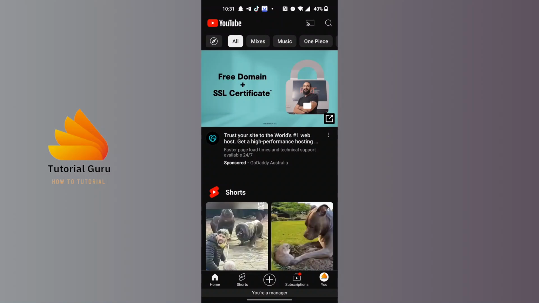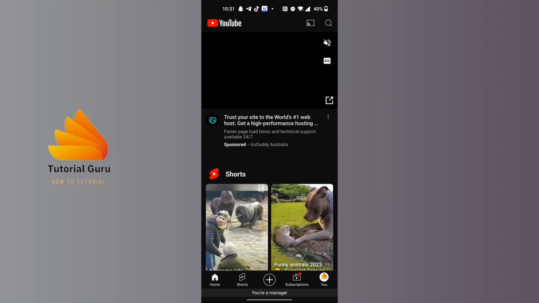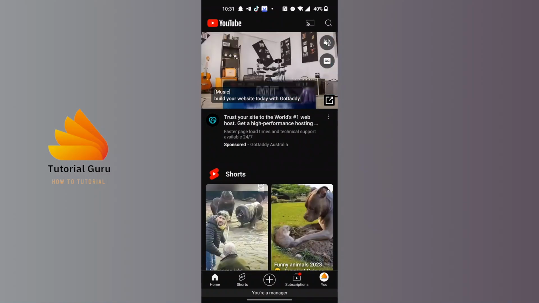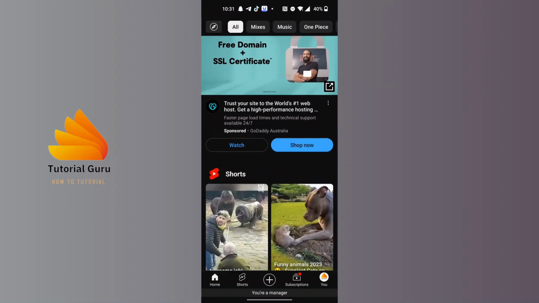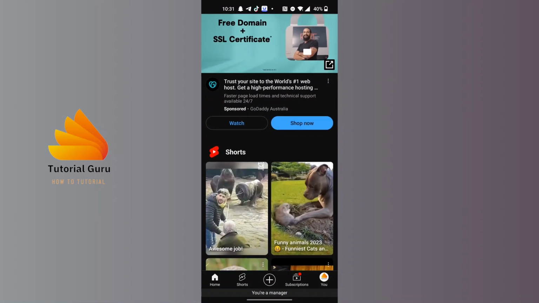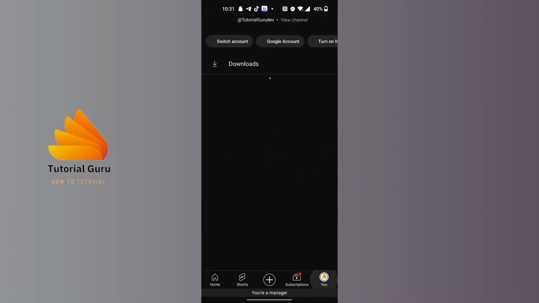And after opening YouTube, guys, on this interface at the bottom right corner of the screen, you can see there's a button where it says You. Just beside the subscription, tap on the button where it says You at the bottom right corner, and you'll land